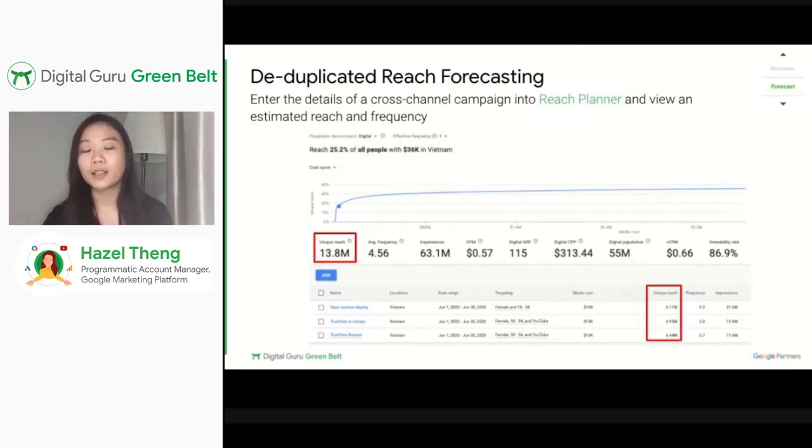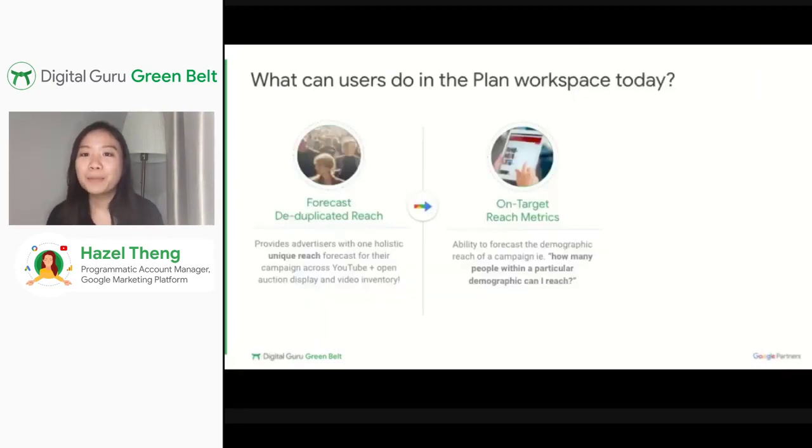In addition to being able to forecast the total reach of a YouTube and open auction video and display campaign within Display and Video 360, advertisers will also have the added ability to forecast on-target reach numbers.